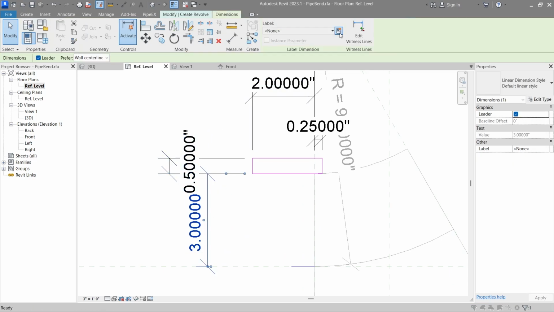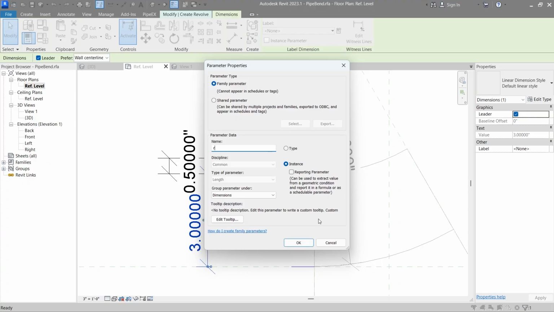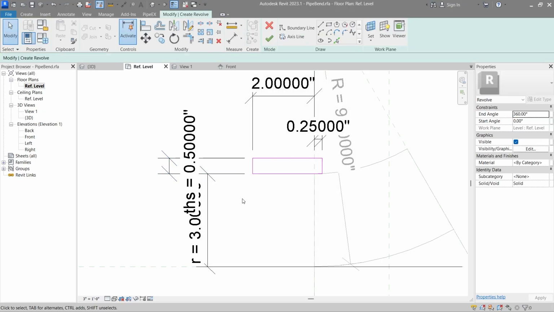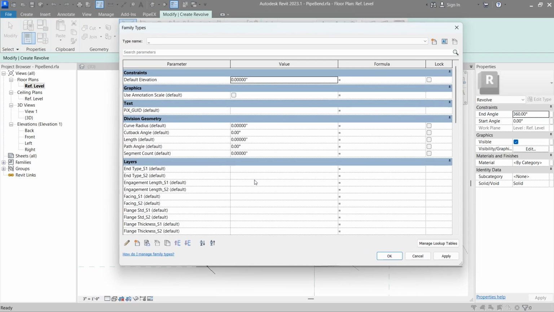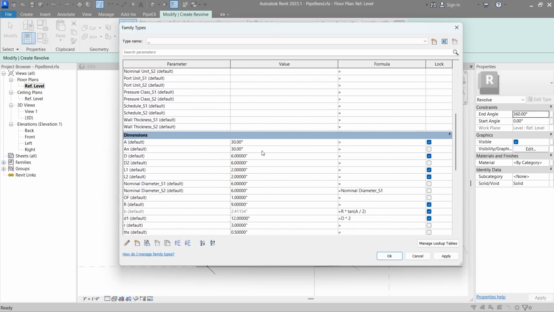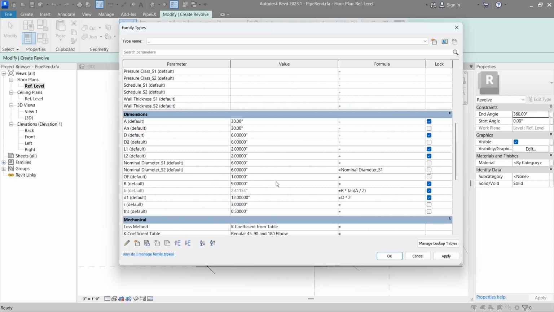So here I will add an additional attribute, and here I'm going to add an additional parameter: thickness of the socket. So, as we did before, we're going to add some expressions. In this case it will be very simple expressions, so here it will be equal to half of the diameter, and this particular attribute will be equal to,